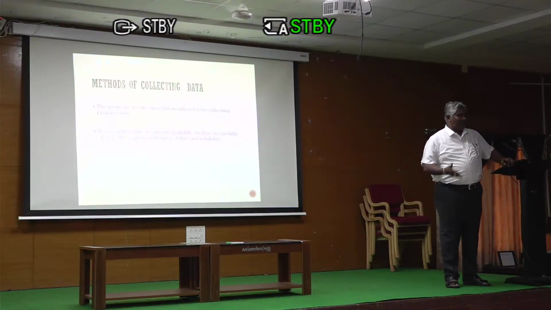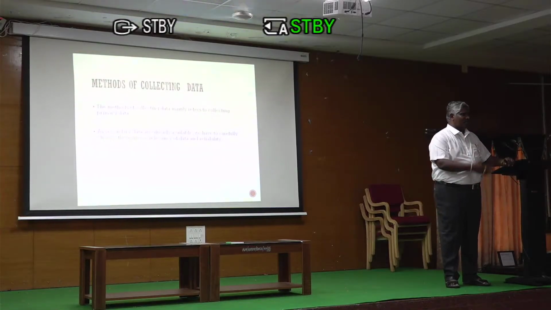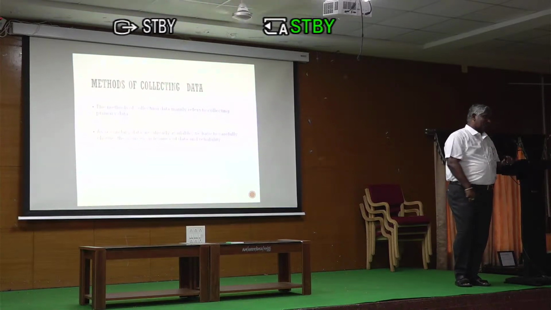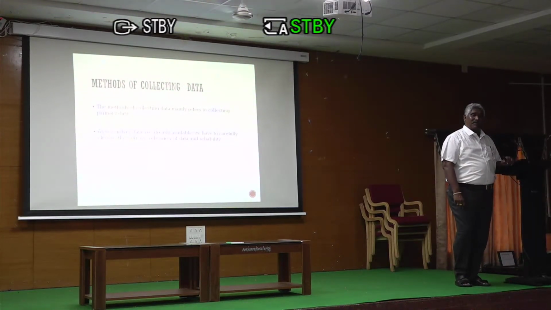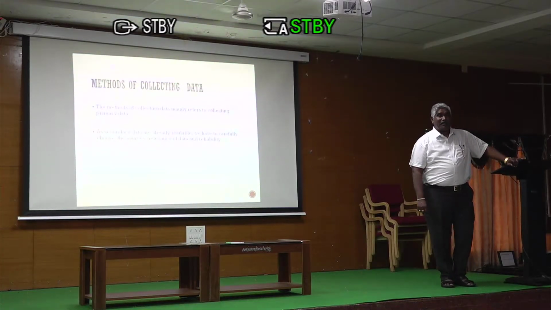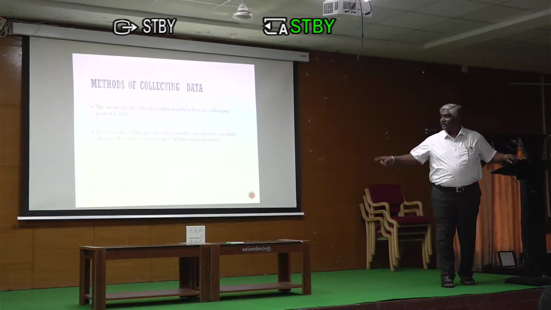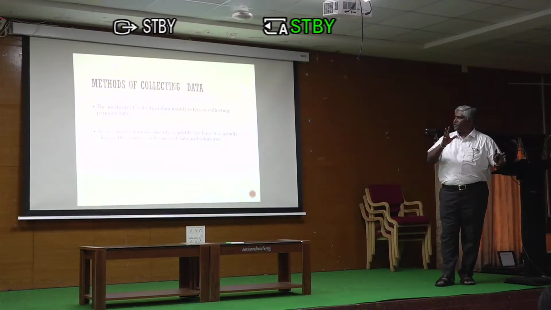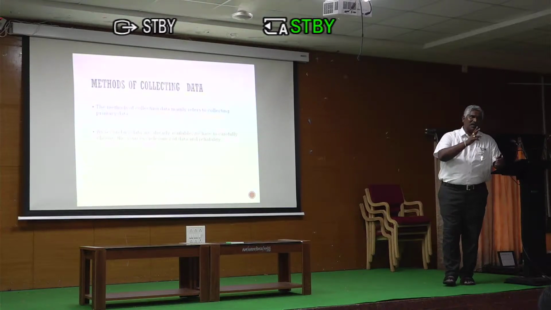But nowadays, as artificial intelligence and ChatGPT are there, everybody is getting n number of pieces of information. But what is the source? That is very important. Because when you write your thesis, you will go to the second chapter, the review of related literature. That is one of the toughest parts of a research scholar, where he has to review n number of research articles, books, reference books, theses, and then come to a conclusion. That is why we are saying, as secondary data is already available, we have to carefully choose the sources, the relevance of data and the reliability.